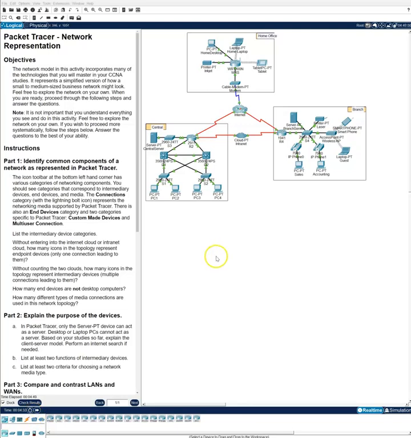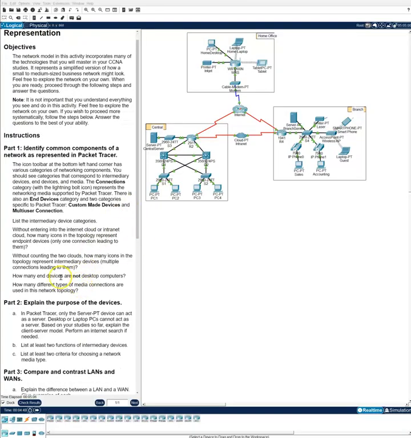All right, this is the Packet Tracer Lab network representation. And this one's just fairly simple. It just wants us to basically explain a lot of the things. It's kind of like a warm-up lab, to see what you know. But we'll go ahead and go over this. So these are your LAN, LAN, LAN, and these are your WAN